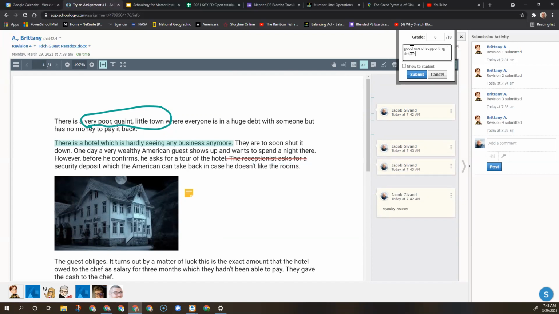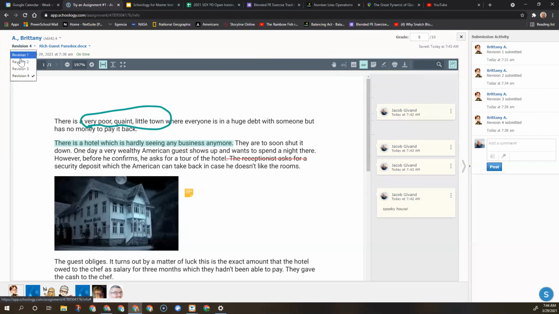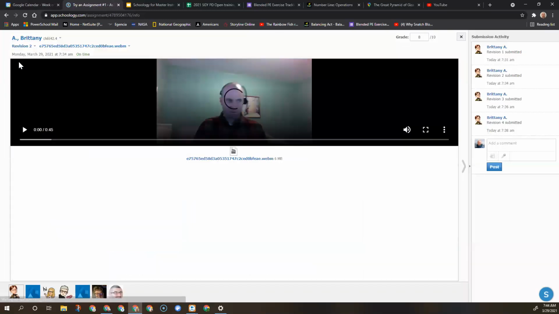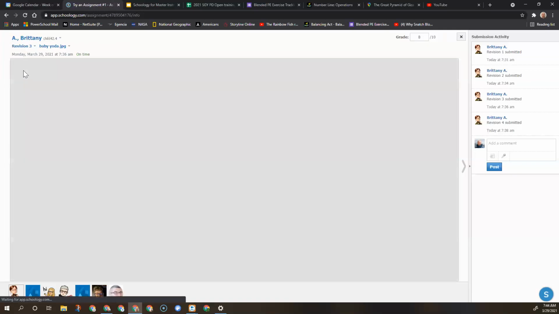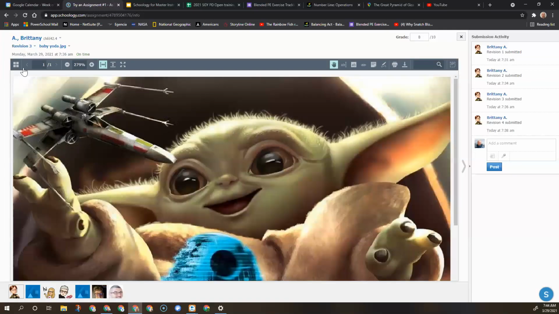Whoops, let me submit that. So at this point, the student can see their grade. Now, remember, this student submitted 4 different times. So as a teacher, if I look on the upper left, I can see I'm on revision 4, but I can click here and I could change and I could see any of the revisions. So if I wanted to see that first one or the second one where they made a video, I could see that. Kind of a scary thumbnail there. So I could go to any of these that they turned in and see them,